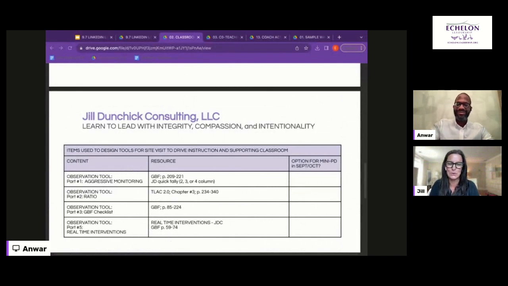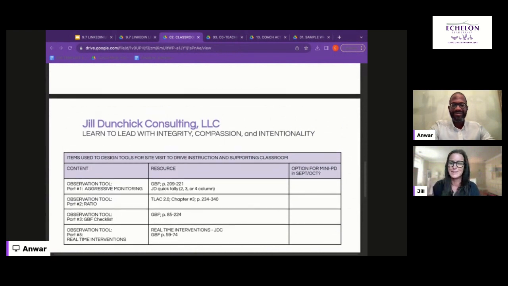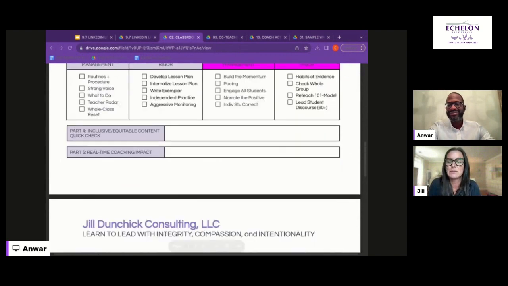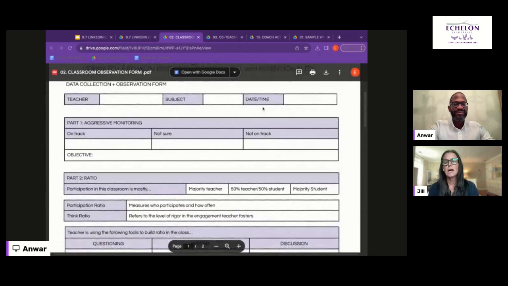And multiple people do it. People have been doing it since the beginning of time, but people are always like, where do you get this from? And so I always just say that's a quick tally. It comes from tallying. So if you head up to aggressive monitoring,